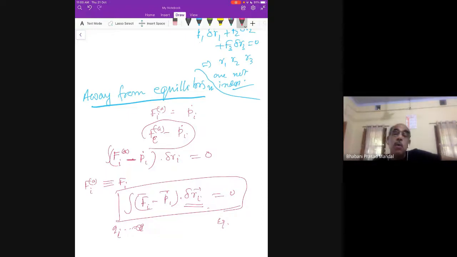And then we'll realize that this equation of motion is a bit more general compared to the equation of motion we obtained through Hamilton's principle, and we'll see that velocity dependent potential also we can discuss. Some types of velocity dependent potential, not all types, can be discussed. So the next few classes will be on the velocity. First we will derive this equation of motion from D'Alembert's principle, and then from there the velocity dependent potential will be discussed, and then certainly the charged particle in the magnetic field will appear.